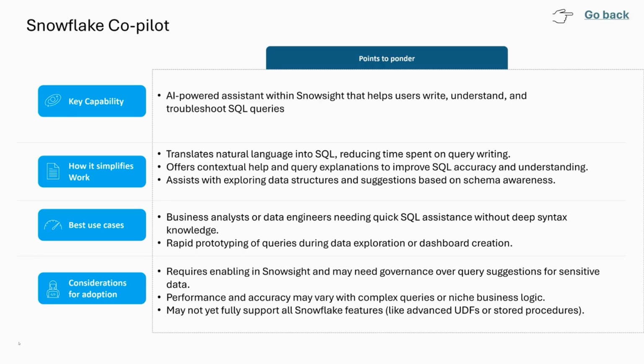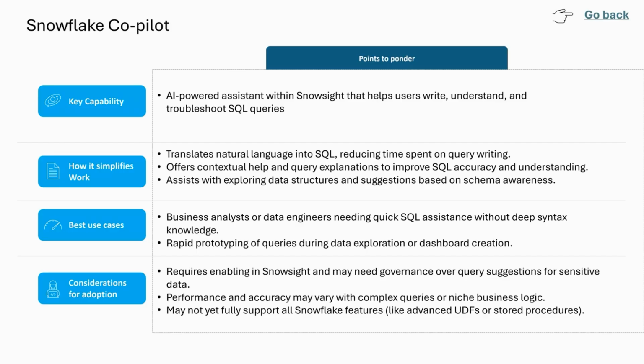If they give a prompt to understand a particular data set, it can also give them contextual information that helps them understand the data in depth. And if they want to explore a particular feature like dynamic tables or hybrid tables, for example, they can always ask the Copilot and get responses to understand any of the functionalities or features within Snowflake.